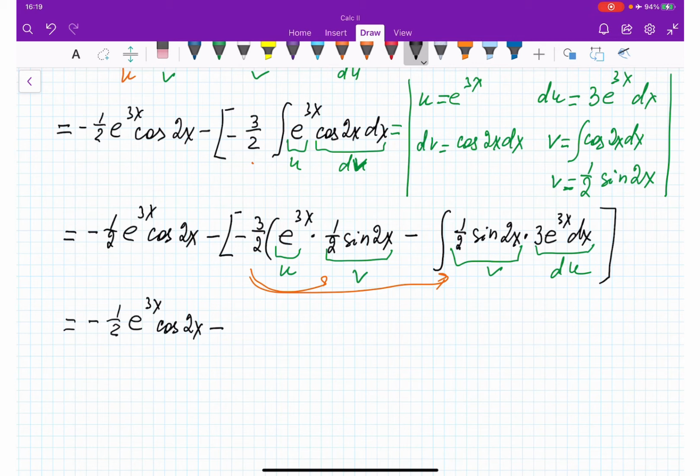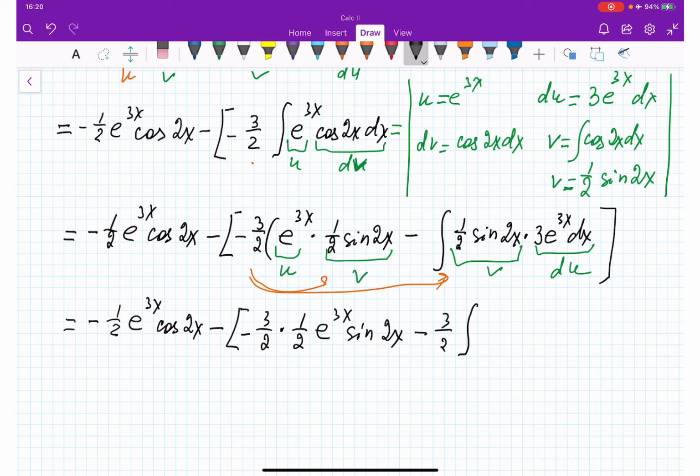Okay, it's going to get negative 3/2 times 1/2, and then it's going to be e to power 3x sine 2x, yes, minus 3/2 integral, it's going to be, let me see,